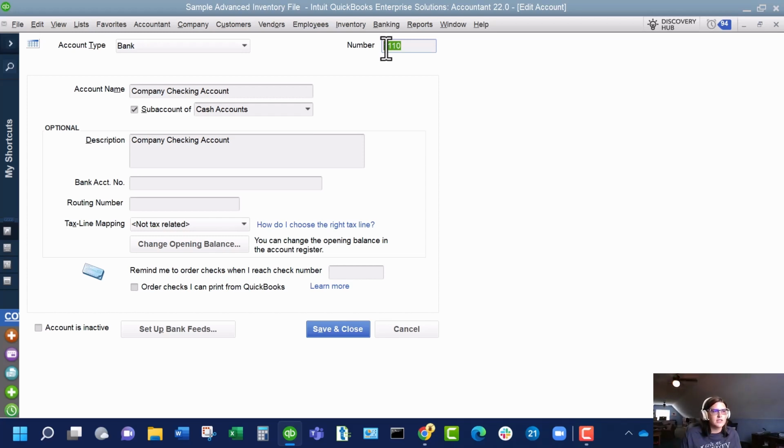Revenues are fours. I'm missing something. Threes, is that threes or equity, I think. Fives are cost of goods sold, six is expenses, and it goes on down to your other income, other expense, and so on. So this numbering system actually does have a reasoning behind it, so make sure that you know